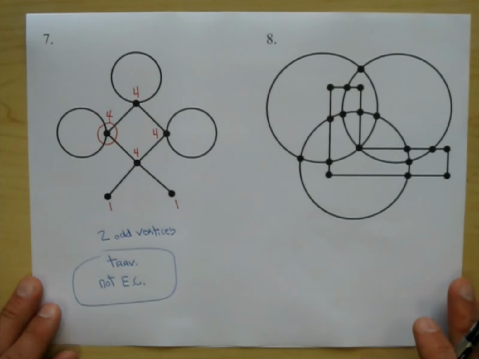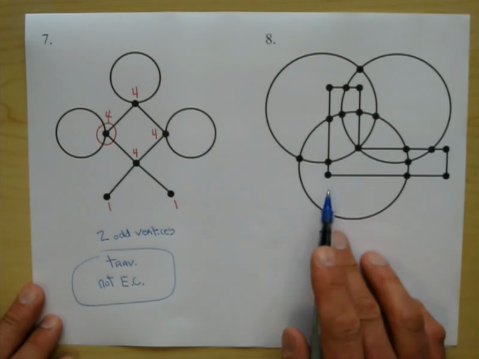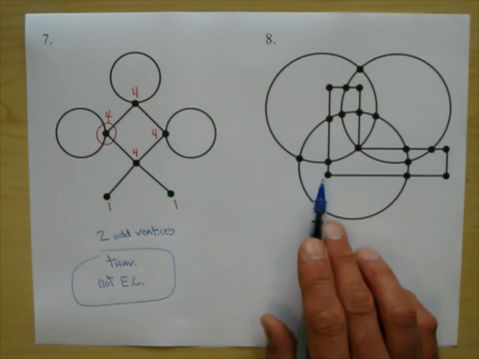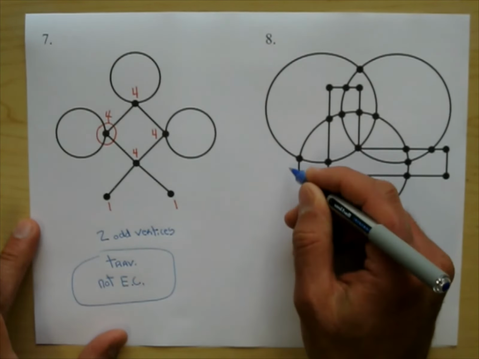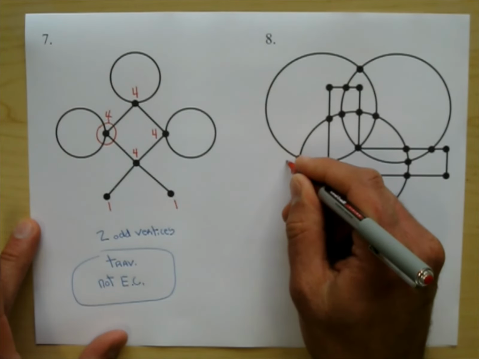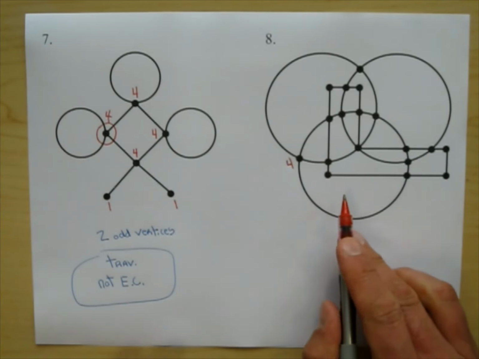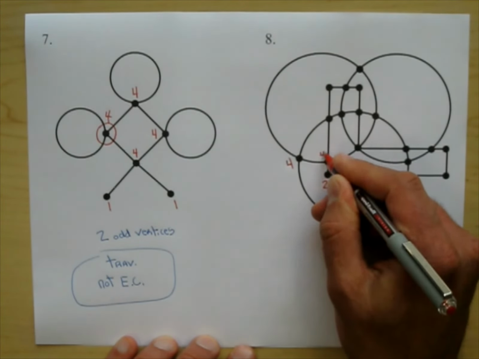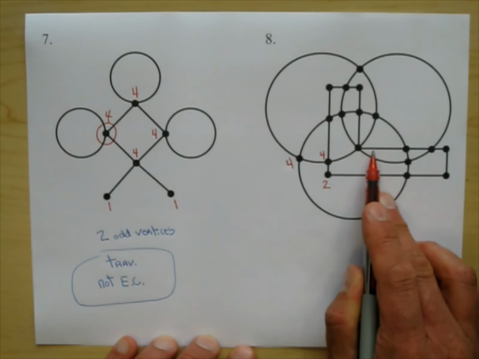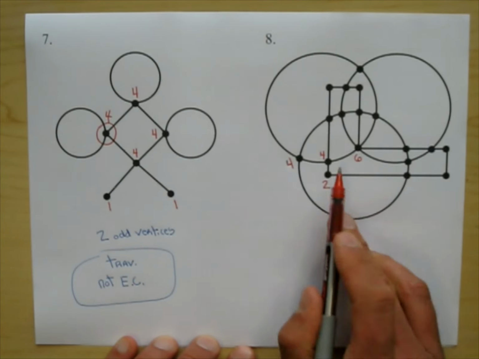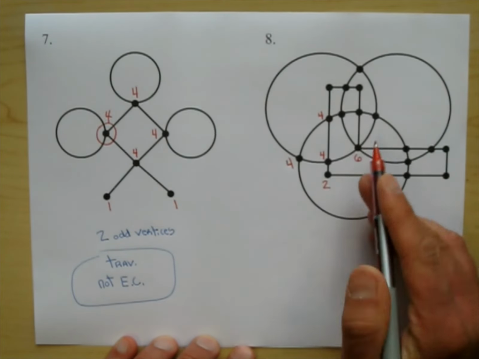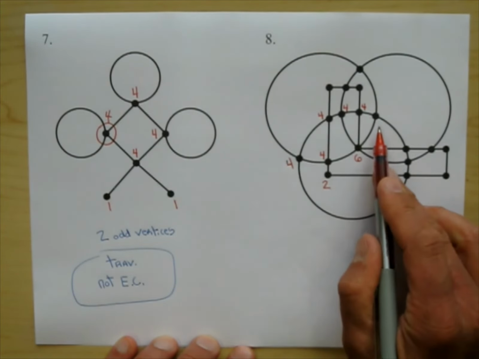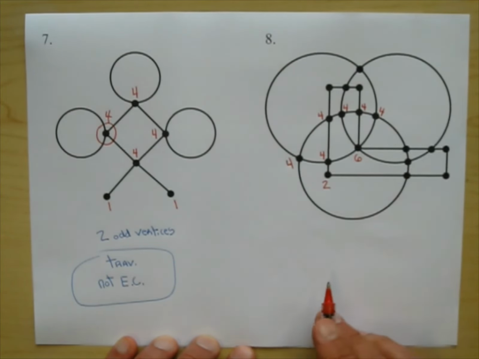Okay, let's go ahead and do problem number 8. This picture might look familiar. This is a Venn diagram for 4 sets. Let's label each of these vertices. This one gets, I'll do it in red because that's what I've been doing, 4. This guy right here gets a 2, 4. There's a lot of vertices here. 1, 2, 3, 4, 5, 6. We have 4 there, 4 there, 4 right there. I'm counting the edges coming out of each vertex. 4 there,